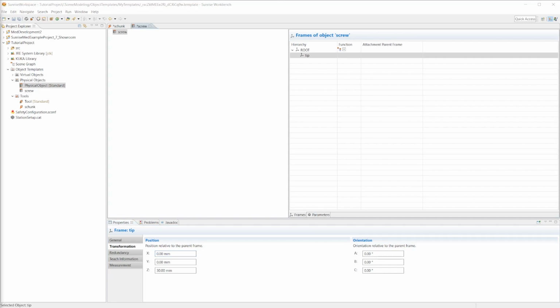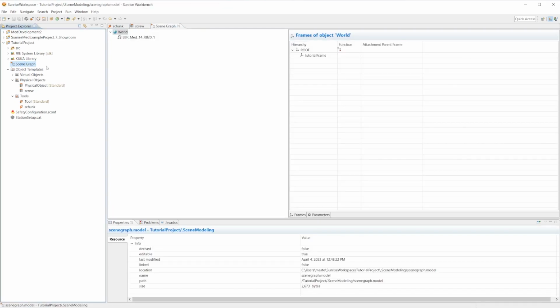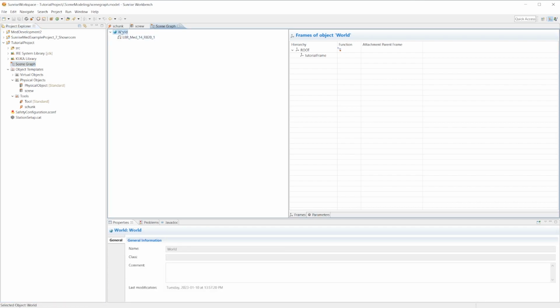Now that we have a basic understanding of both tool templates and physical object templates, let's go ahead and save these templates and then talk about the scene graph. Remember that the scene graph is just a visualization of spatial objects. So here we have our world object, and attached to our world object we have our